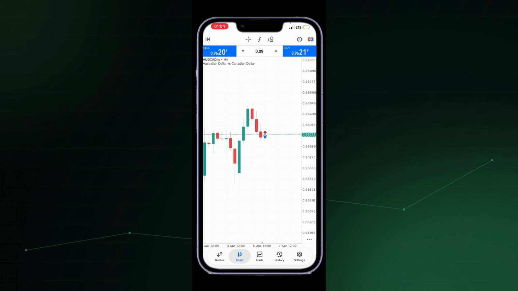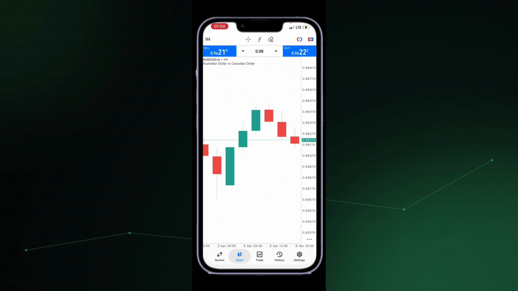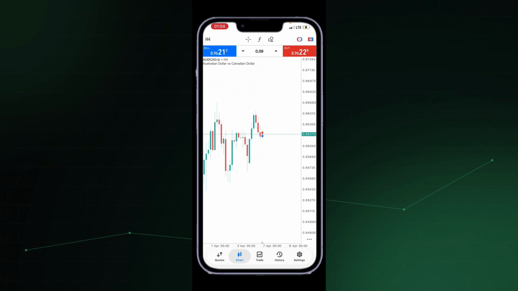So on the top left hand side, you see this H4. Now there's M1, M5, M15, M30, H1. These are called time frames, and as we continue in this course, they'll be talked about most of the time, right? So after knowing this, you'll see these green and red candlesticks. They might be confusing at first, yes, but as time goes on, you will understand them, right?